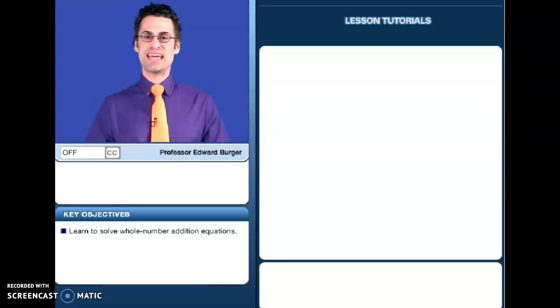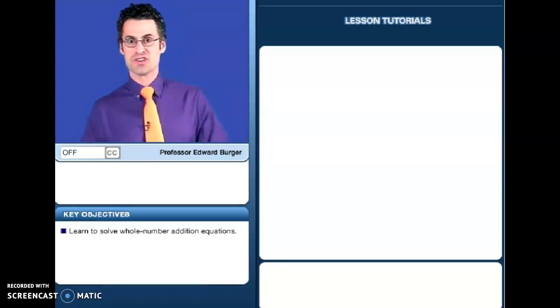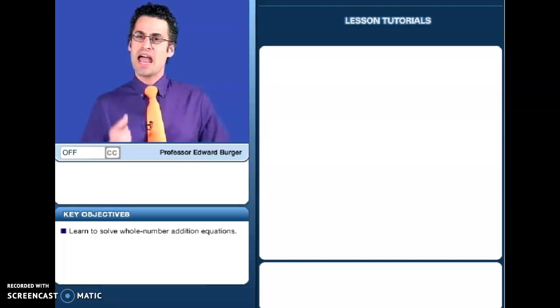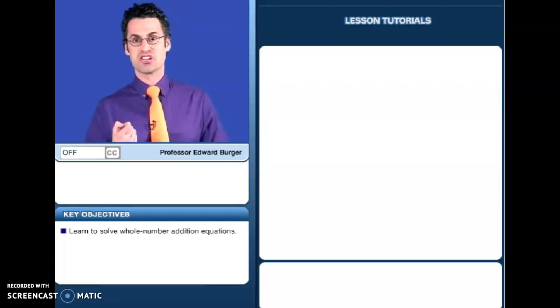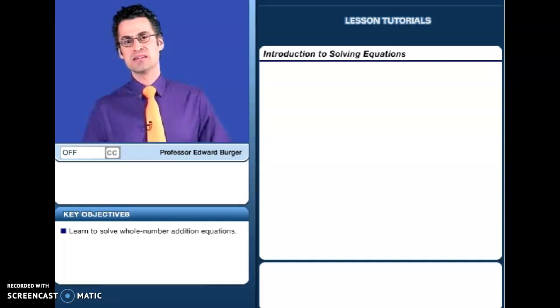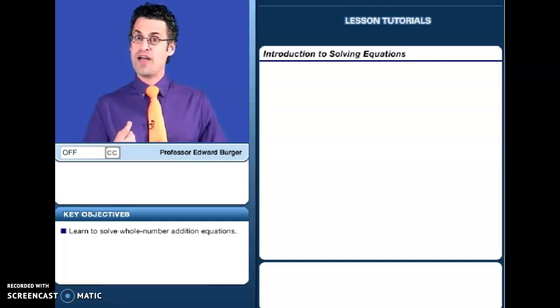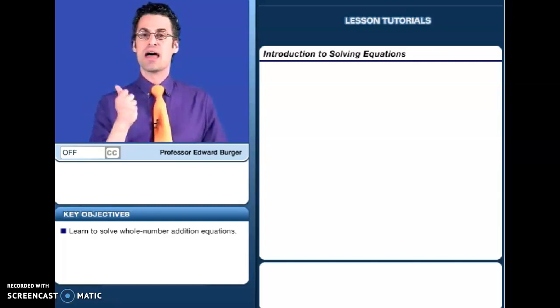Well, now we're finally going to take a look at these wonderful equations that are so important in mathematics and try to figure out how to solve them. Now, what does that mean to solve an equation? What we have to do is find out a value for the unknown quantity, that mysterious quantity that will make